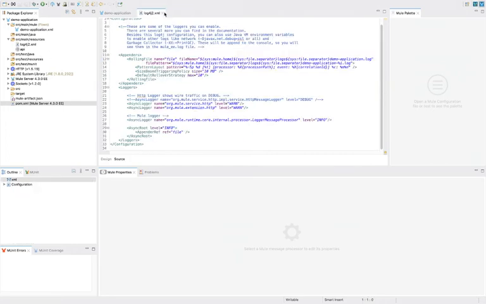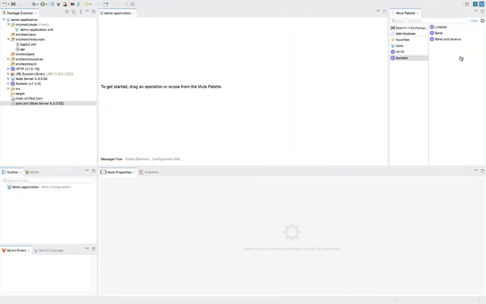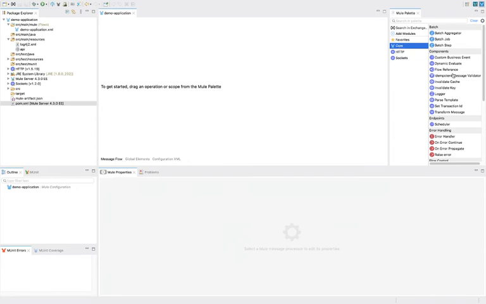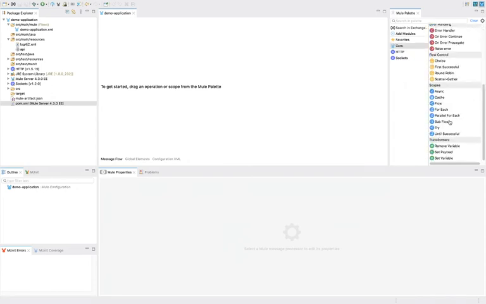So this is all about the folder structure. Now first we will see the Mule palette, then we will see how to do development. In the Mule palette, first we will discuss the core section. In the core section you can see all the Mule processors. For example, if I want to create a variable, I will use this Set Variable. If I want to set the payload, we will use Set Payload. And payload is similar to body. Whatever term we use for body, the same thing we have as payload here.